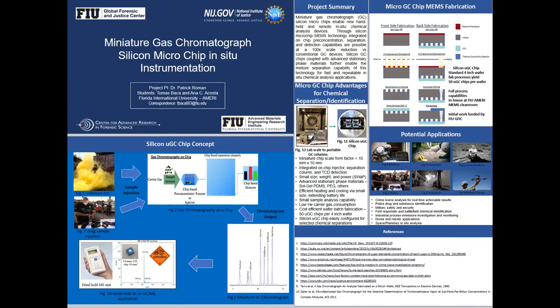we're coming along. Tomas, how large do you anticipate this final device being, seeing as the chip is so much smaller than current traditional gas chromatograph devices? You mean the chip itself or the actual handheld device? The handheld device, so it would be handheld,